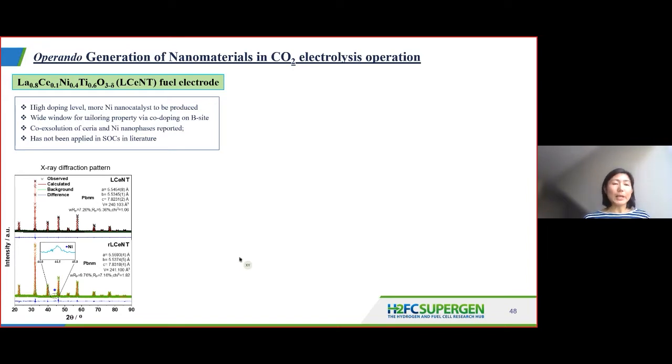So we firstly look at the reduction of the material. To our surprise, we don't see the emergence of cerium apart from nickel. And alternatively,